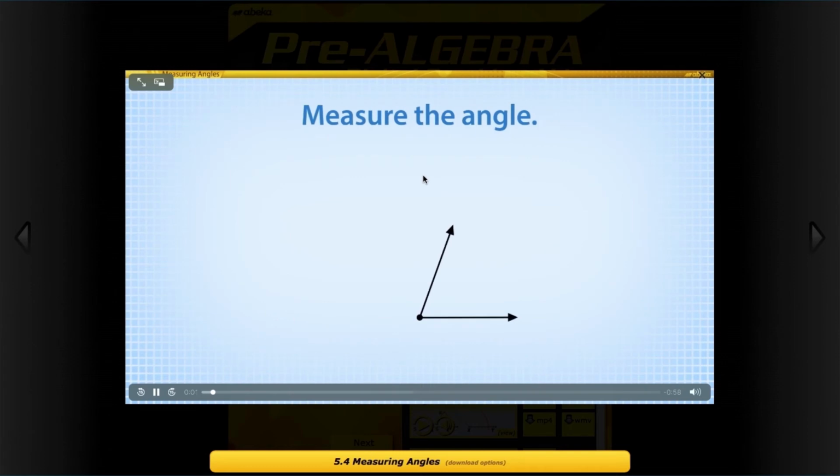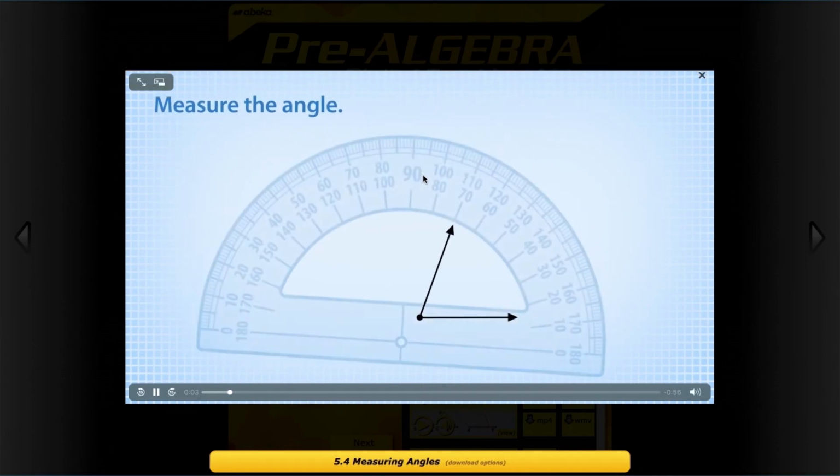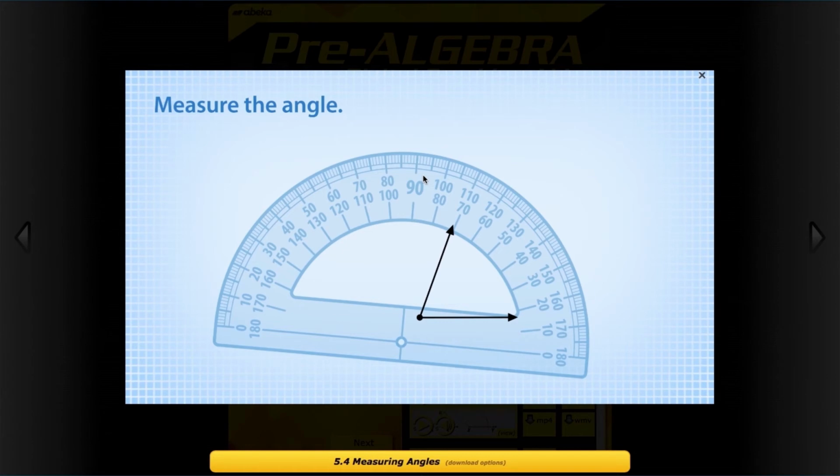To measure an angle with your protractor, first place the vertex marker of the protractor at the vertex of the